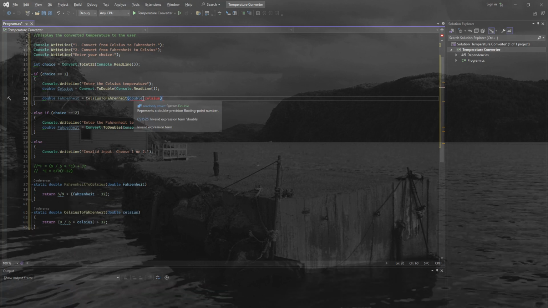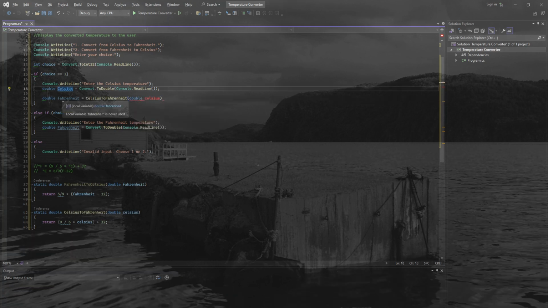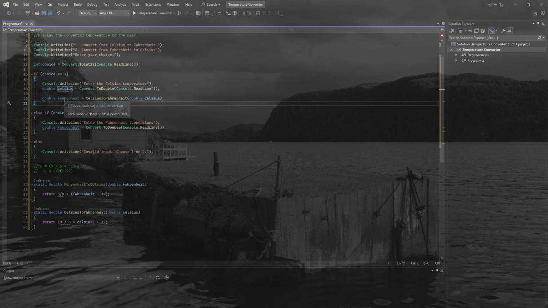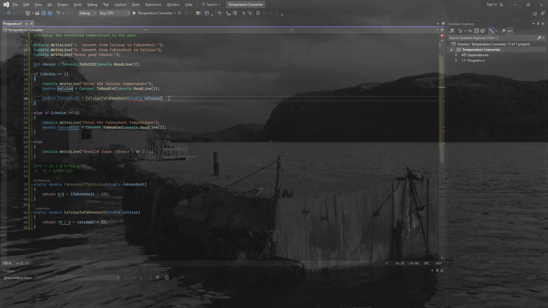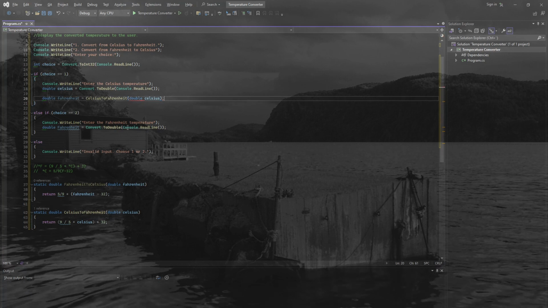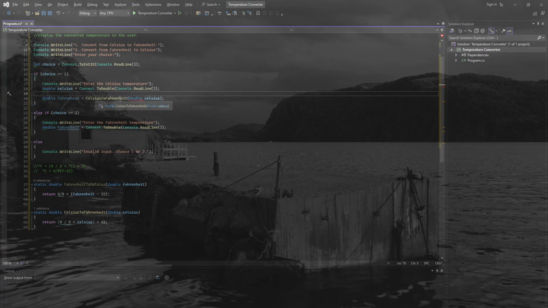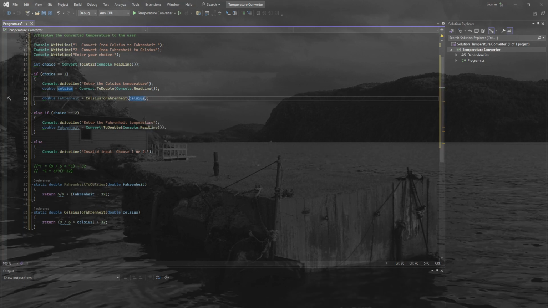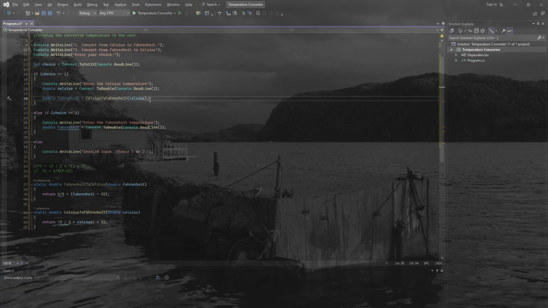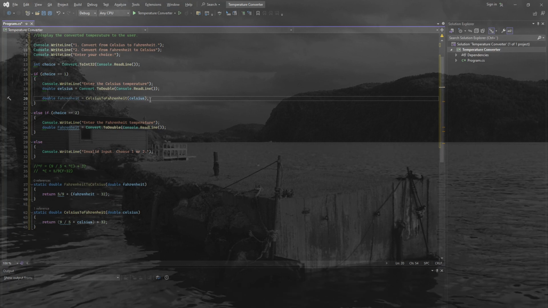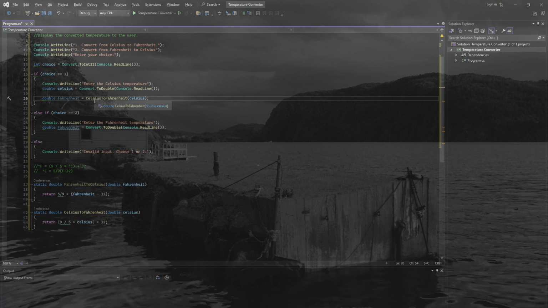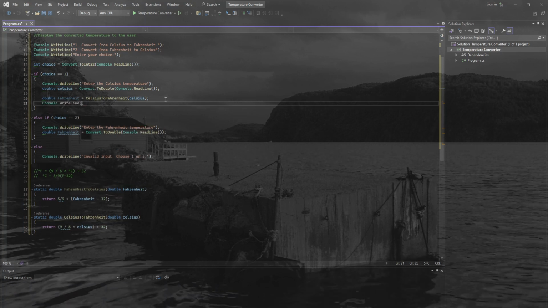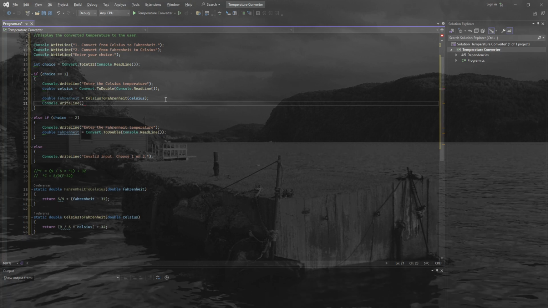And these need to match, so we can use lowercase here. Double Fahrenheit equals Celsius to Fahrenheit with, well, we don't actually use the data type in the parameter, but now it should give us the Celsius,